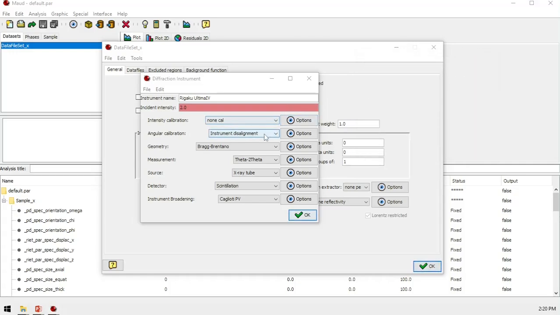And also the geometry of the diffraction is Bragg-Brentano, because this Rigaku Ultima uses this Bragg-Brentano setup. And then the measurement is theta 2 theta. There is also 2 theta or reflectivity, but in this case we only use theta 2 theta.